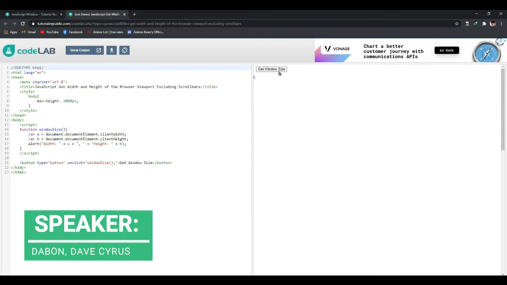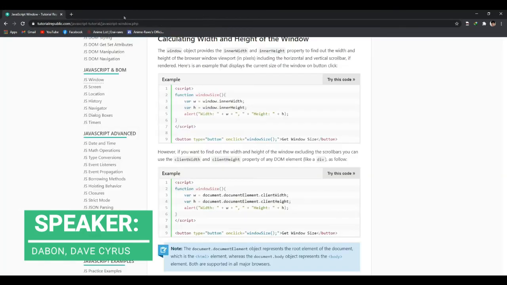So if we click that get window size, we're going to see from up here this width and height. So okay, going back,